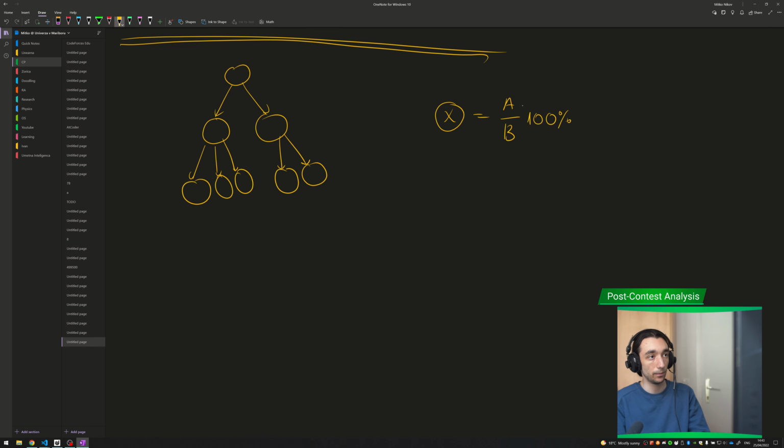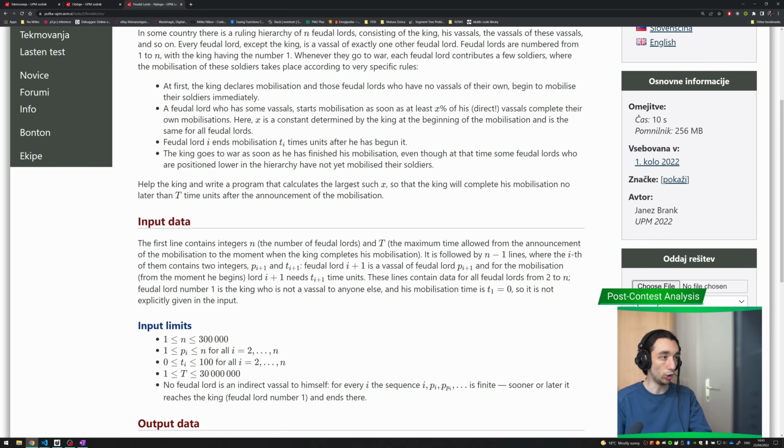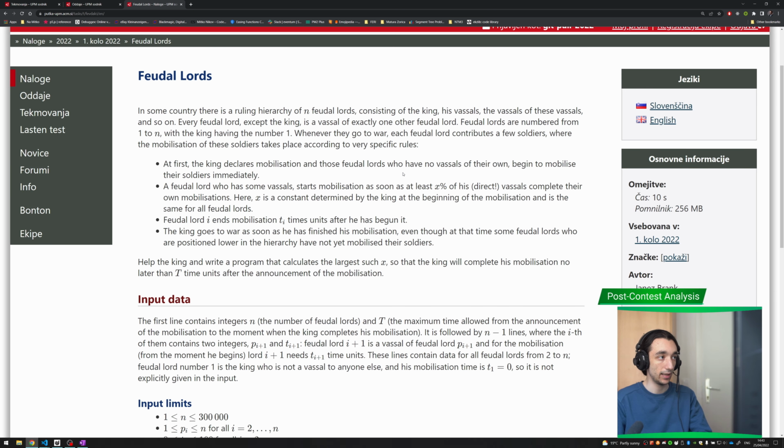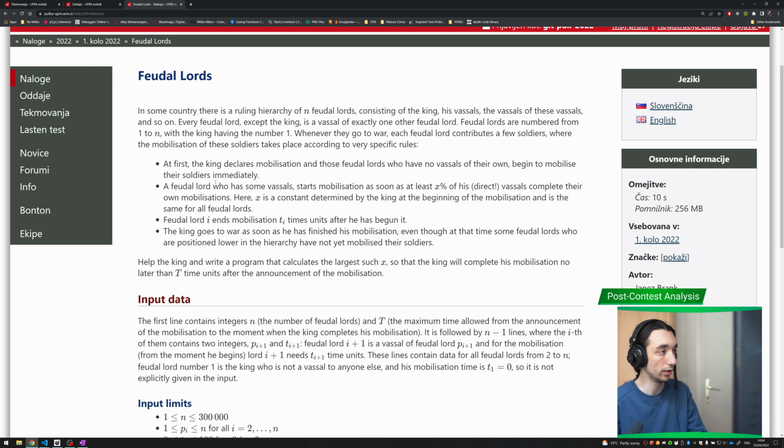So you are not given this percentage, you have to find it, and you have to find the maximal x, the largest x, such that this root node,